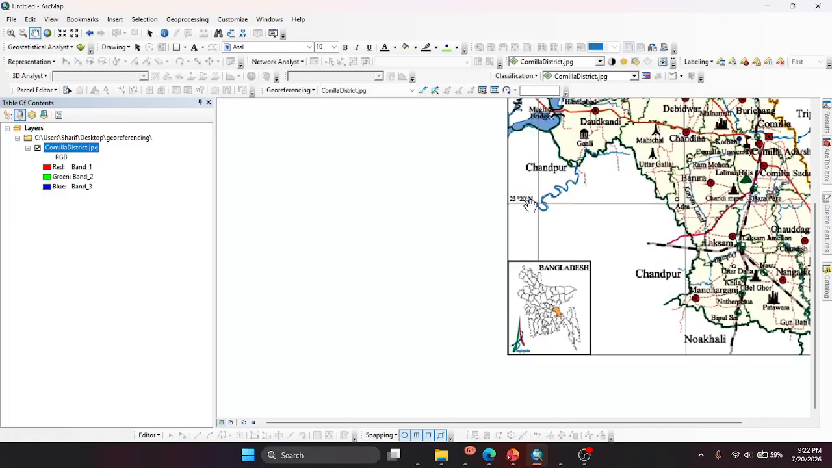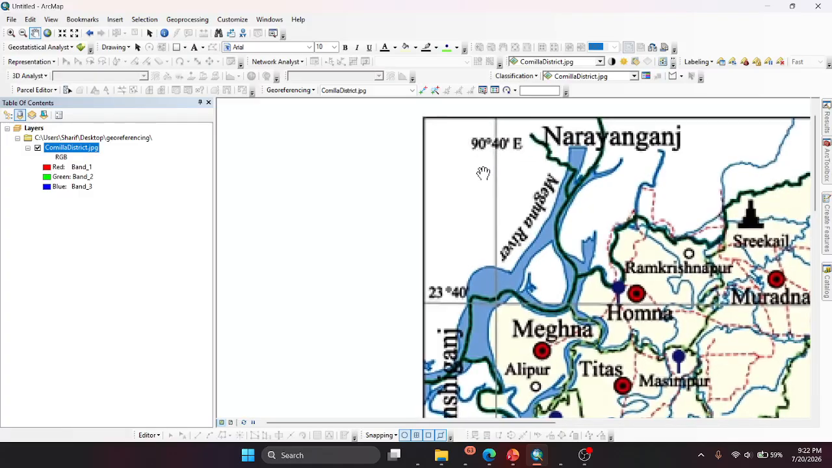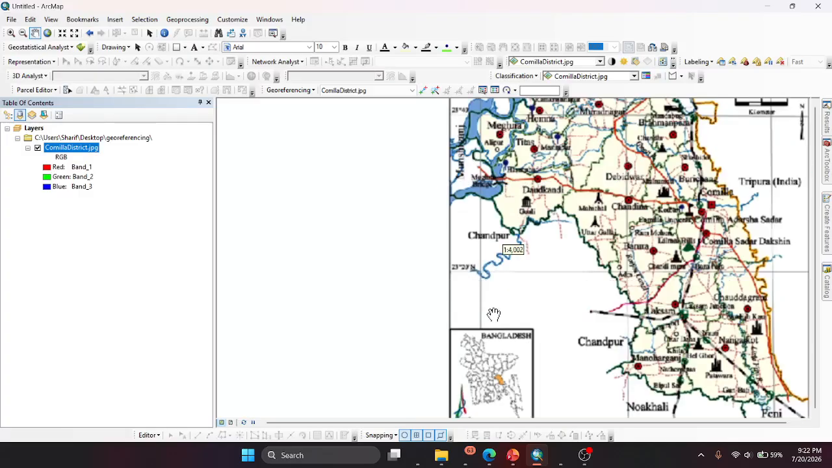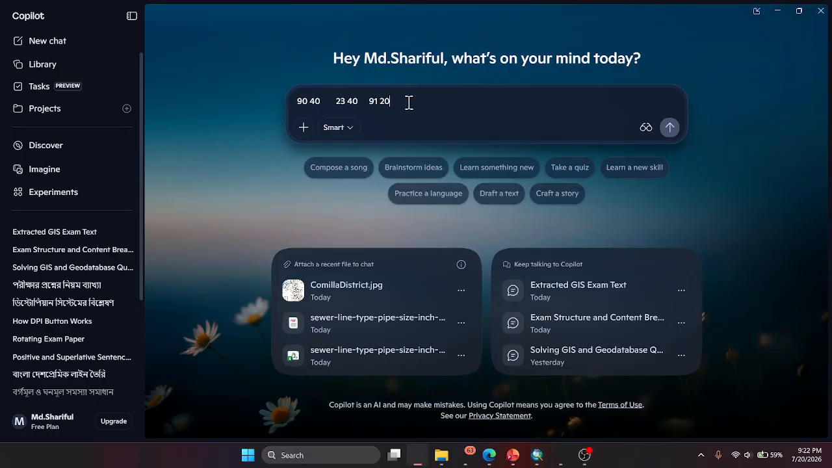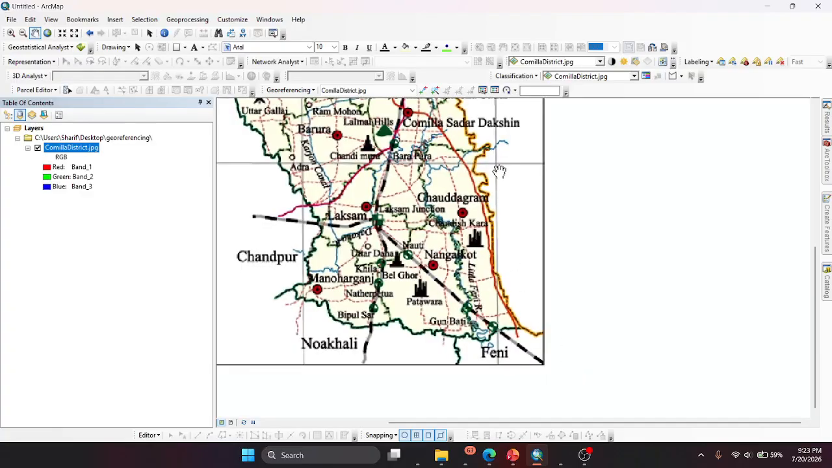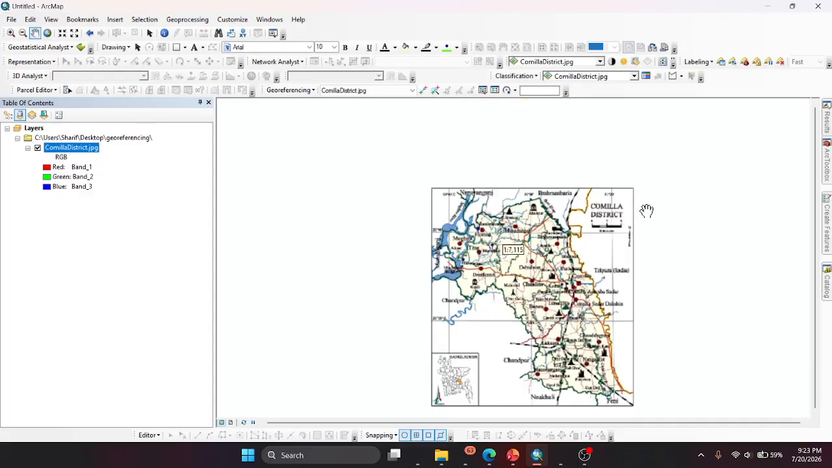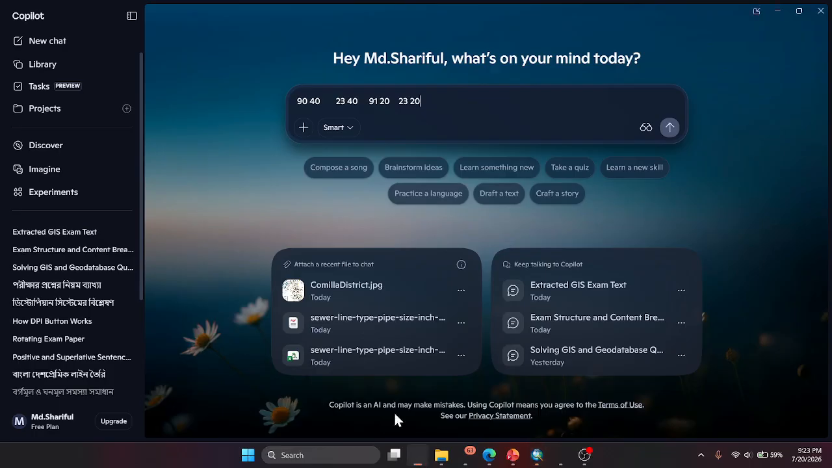And this point is 23, 20, 9040. And in this point it was 23, 20, 91, 20. So these 4 points, if I convert them to decimal degrees,